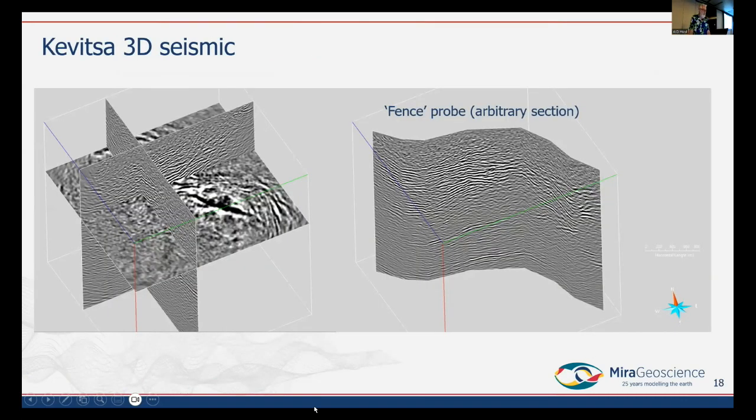With 3D block models, like say 3D seismic data, it's common to just visualize them as slices like this. One will be inline and then cross lines and horizontal slices through your 3D block. But we also have fancy visualizations like fence probes, where you can digitize an arbitrary section through that 3D block model. It might be along a curved line, a random assortment of drill holes. So you can extract the data right on your drill holes and get the section that you want. So they don't have to be straight.